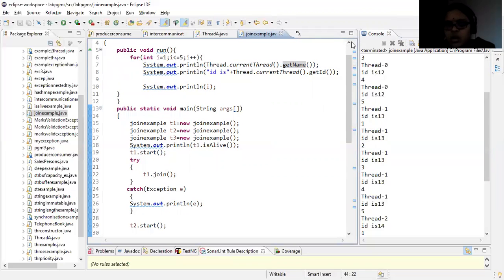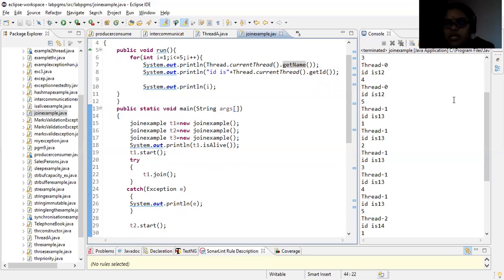If I don't do this join operation, what will happen? We were seeing in the initial class, partly your t1 will be executed because they all stand at the same priority. The other way of doing this is to set the highest priority to any of the threads. Again, it will execute to its whole, right? But if I am not setting any priority, all the threads will be at the same priority, that is the normal priority, which is 5. So main, T1, T2, T3 will execute interleaved and give you the result.